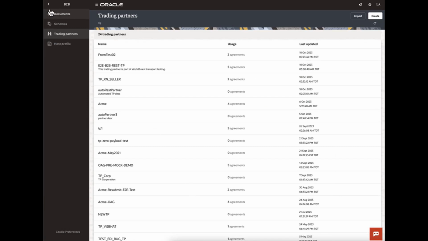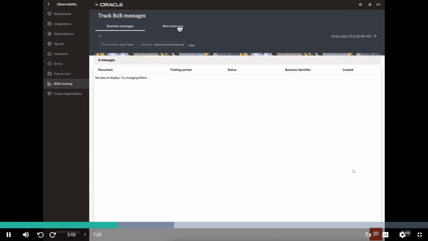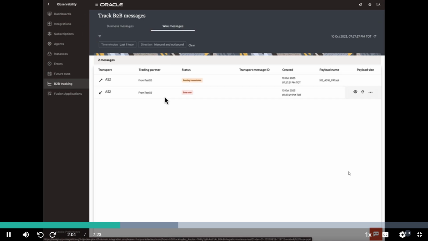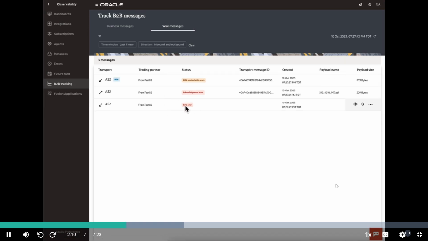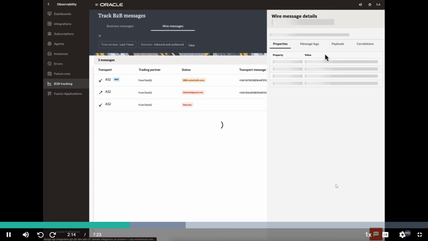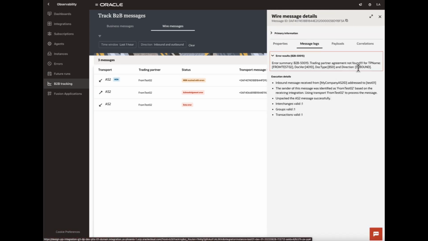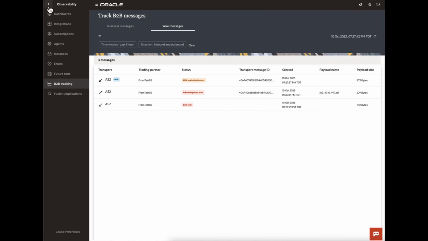So this was successful. We'll go into our observability, and in the wire messages, we can see there is a data error. When I look into the message logs, it says that the TP agreement was not found. So in this situation, what we can do is